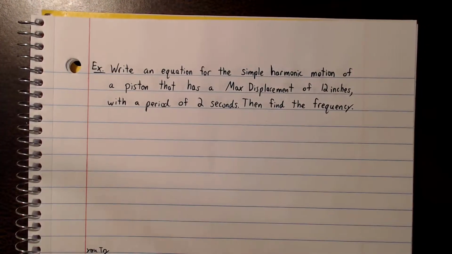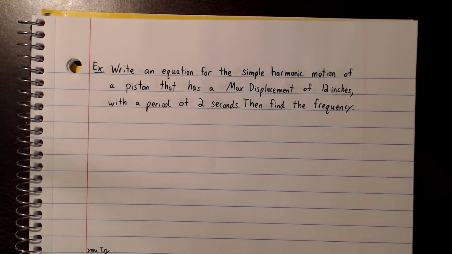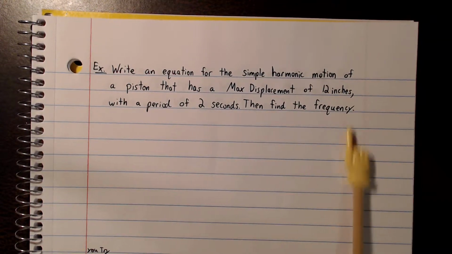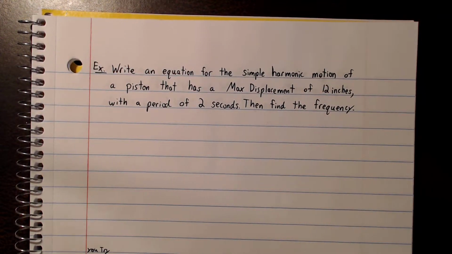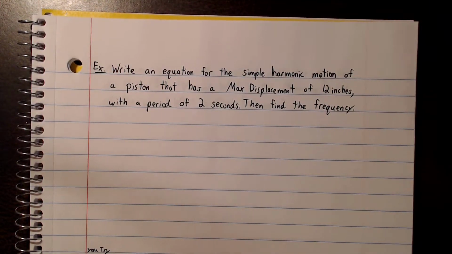They ask us to write an equation for the simple harmonic motion of a piston that has a max displacement of 12 inches in a period of 2 seconds, and we want to find the frequency. So a piston, by the way, is just something that moves up and then back down, kind of like in an engine. You would have the explosion in the engine compartment, and it would cause a piston to move up and down, and that's what makes the engine really move. Okay,